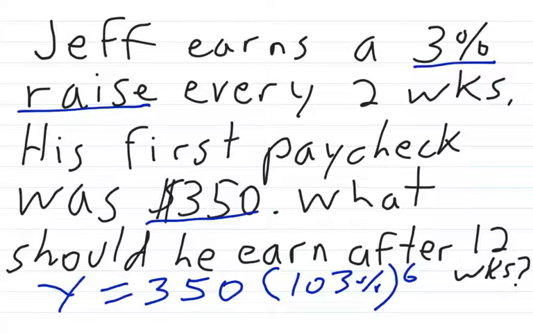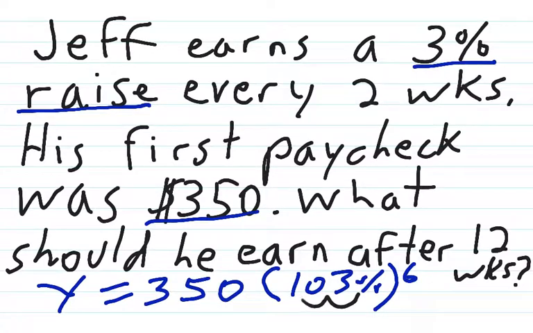Now, we cannot leave a percent in an equation. We always have to convert it into its decimal. And just remember that a percent is greater than its decimal. It's actually 100 times greater. So in order to convert that, I'm going to need to move the decimal 2 spots to the left. And that's going to give me 1.03. So I'm going to rewrite what's in parentheses without the percent, and that would make it 1.03